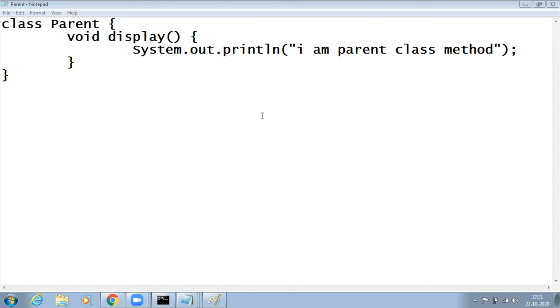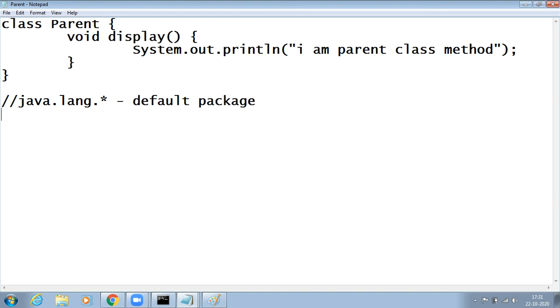So while we extend the Thread class, we didn't import anything. Yes, of course, here we didn't import anything. Thread class is from Java. Okay, very good question. Generally, Java has a few packages. java.lang is a default package. We call this a default package where all default classes come into picture.